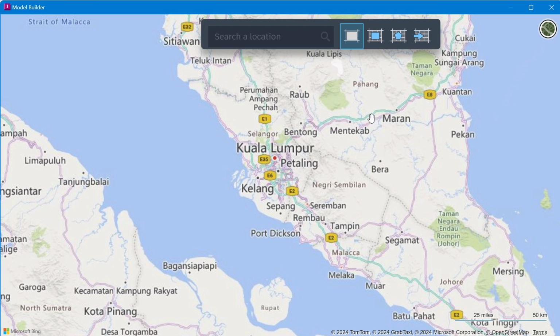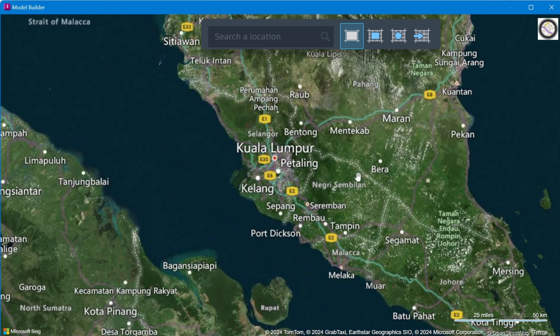You can also select, instead of this OpenStreetMap view, the satellite view here, so it is easy for you to distinguish where the area is already developed or not developed. For our purpose, we select any area that hasn't been developed, but for a real conceptual model, you have to select the area that you are going to construct or develop in the future.